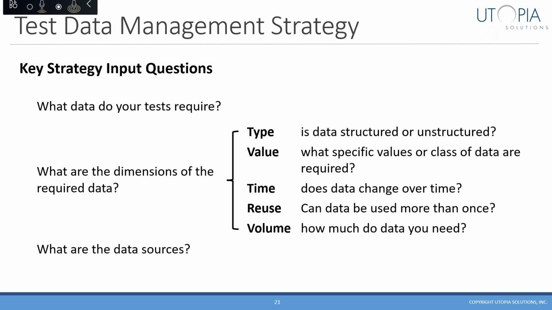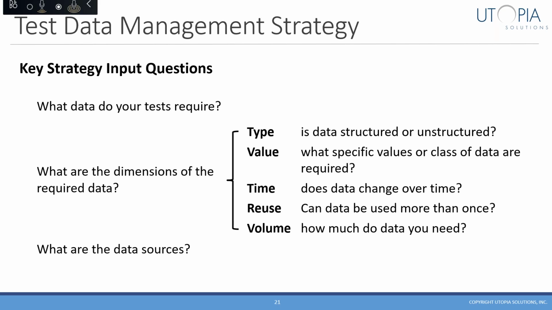Time is very important. A lot of times, I'm sure we've all had this, we have tests that have passed for a period of time and they suddenly start failing. And often time turns out to be the culprit there. Maybe the data expired. For example, an insurance policy reached its expiration date. Another example is credentials, right? We have corporate security policy that requires us to cycle passwords every so often. And if that data is part of your test cases, they're going to fail for no other reason than the data has expired.